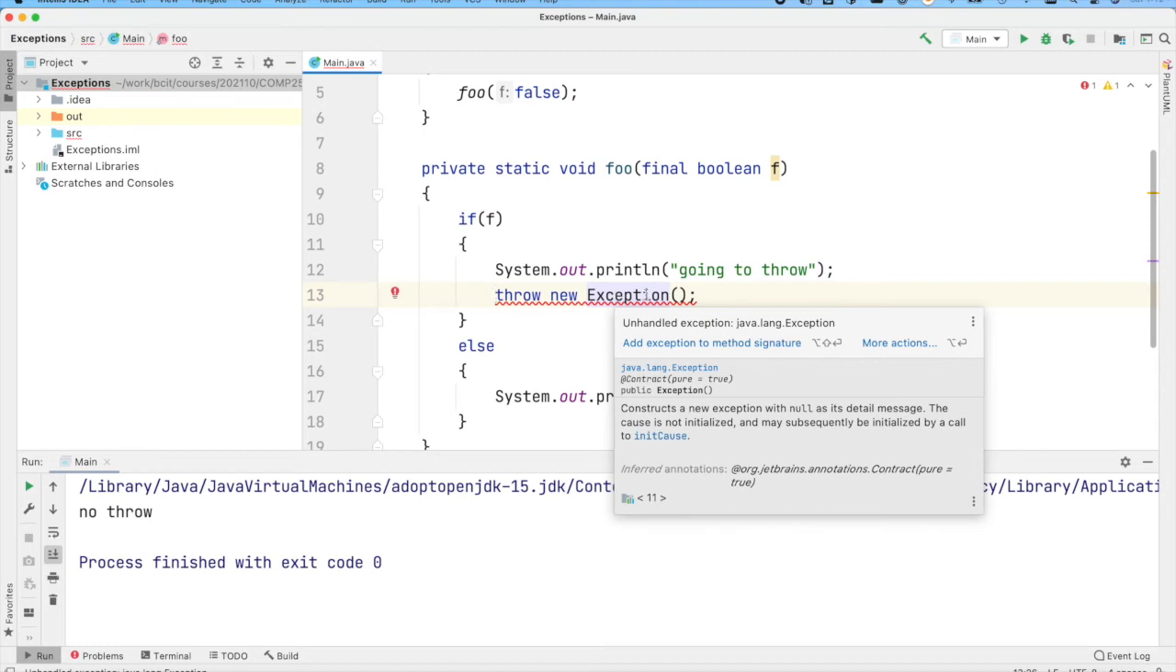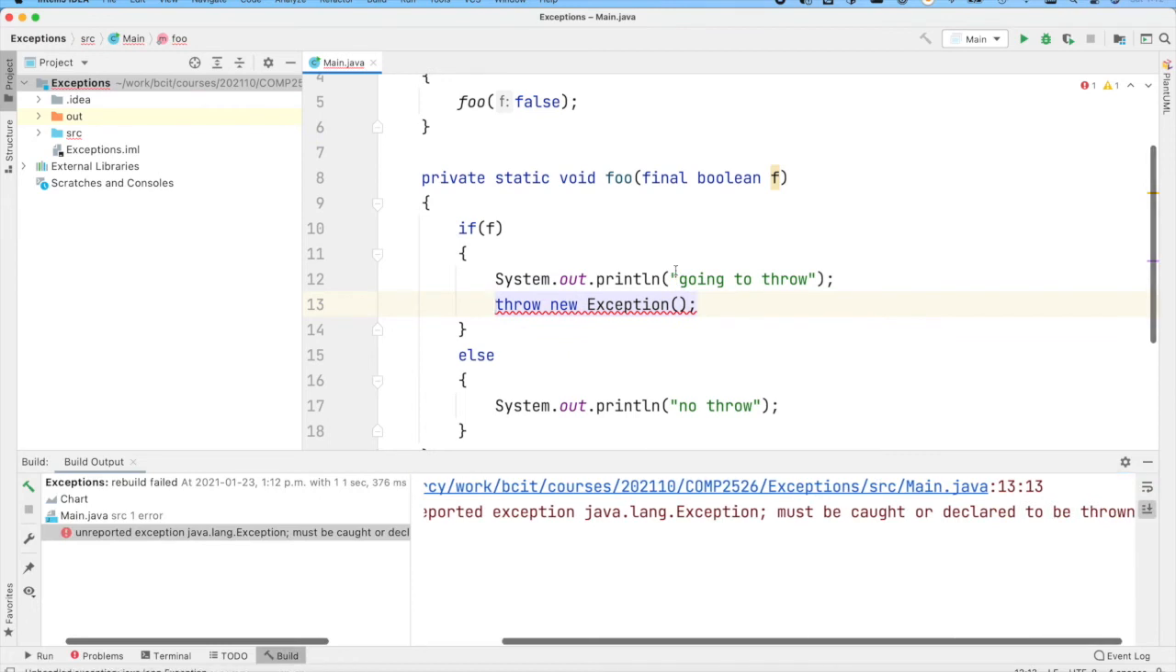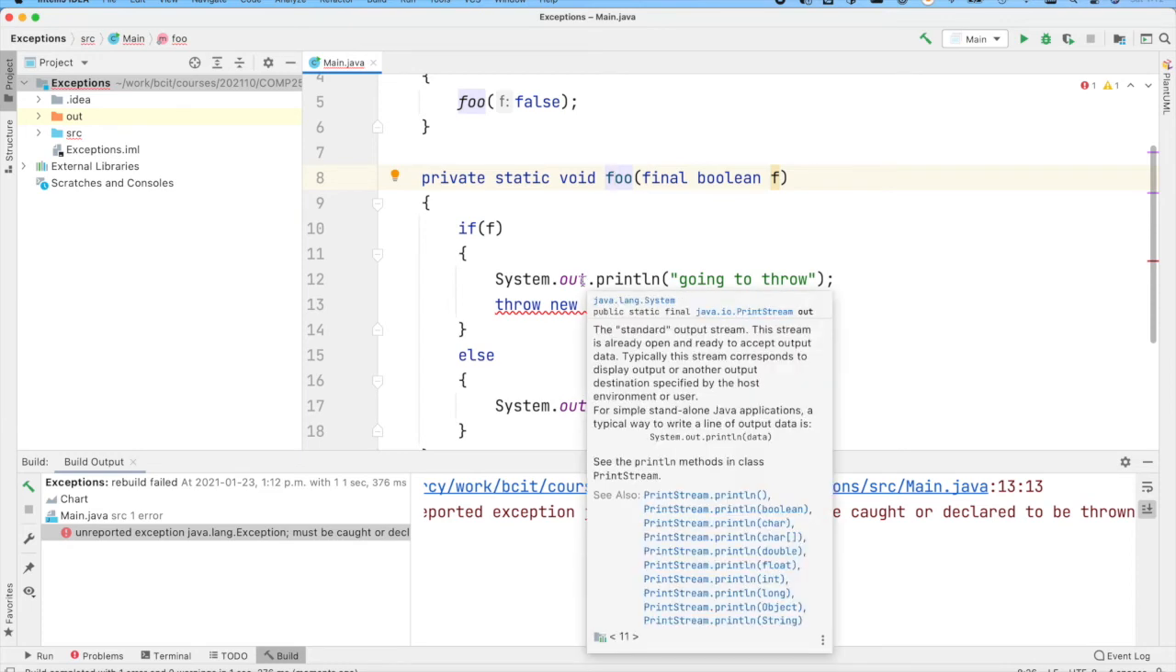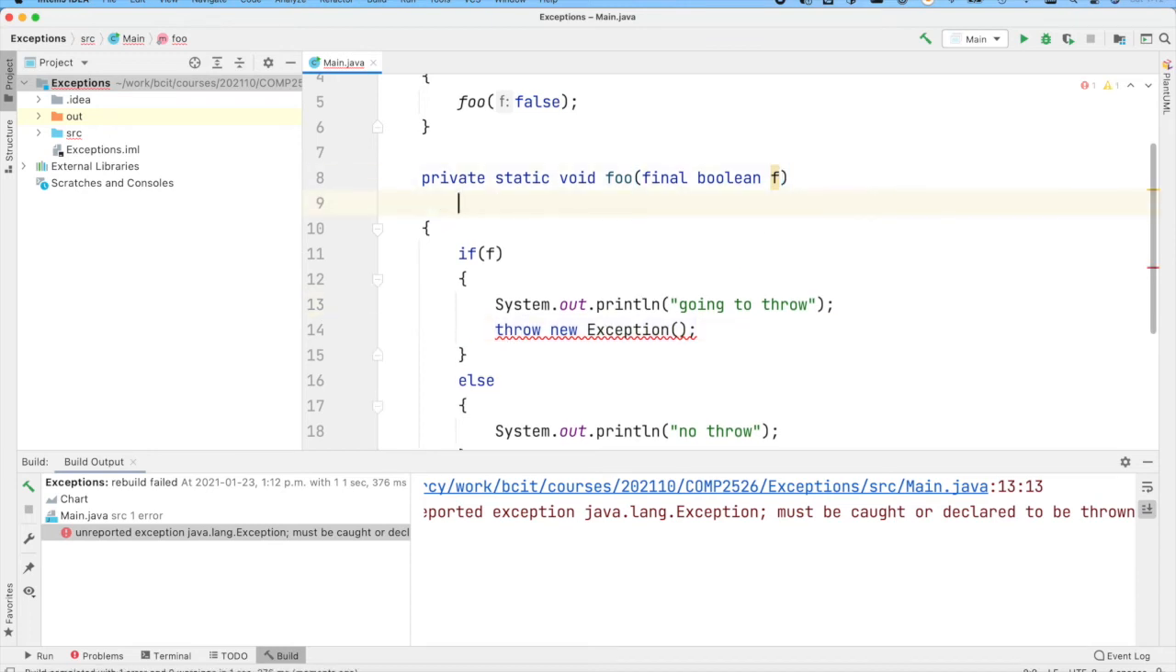So we're going to throw a new exception, and it's unhappy because the compiler is telling us, if we try to compile, that we are dealing with a checked exception. Remember, exception. This is a checked exception. We're throwing it, but our method isn't declaring that it throws it, and we're not catching it. We'll talk more about catching later, but it's bad form to both throw an exception in the same method that you catch it. So generally, if you say throw, you're going to declare that your method throws